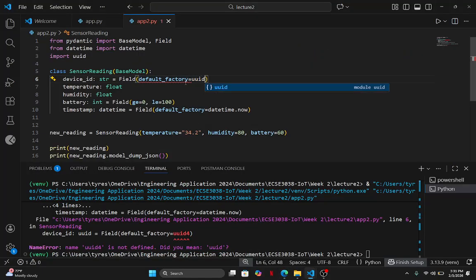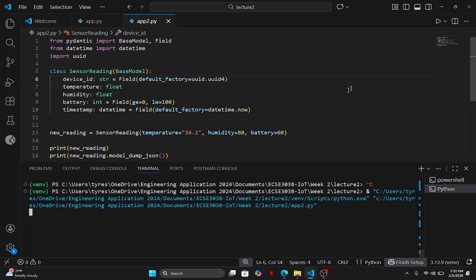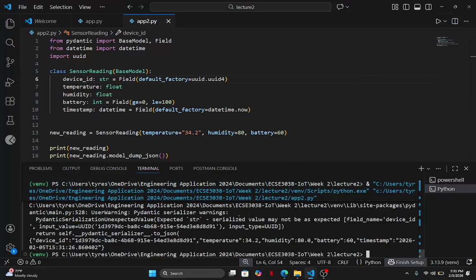Can I say UUID dot UUID 4? Let's see if this works. Type UUID. Oh, it still worked. But why did it?